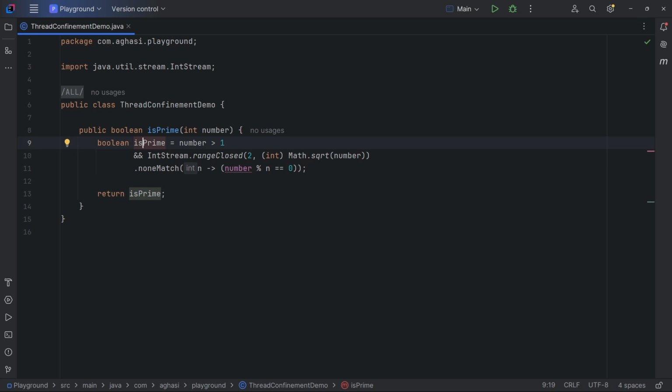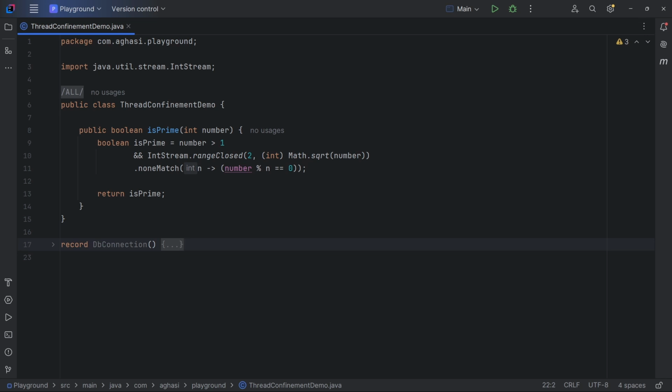Now let's consider storing prime numbers in a database. Assume we already have a DB connection class that is not thread safe and holds a connection to the database and provides methods for common database operations. One way to achieve this is to create one instance of DB connection or a pool of a few DB connections and share it with all the caller threads. But the DB connection class is not thread safe, and in this case we need to handle the synchronized access to the DB connection instances ourselves.